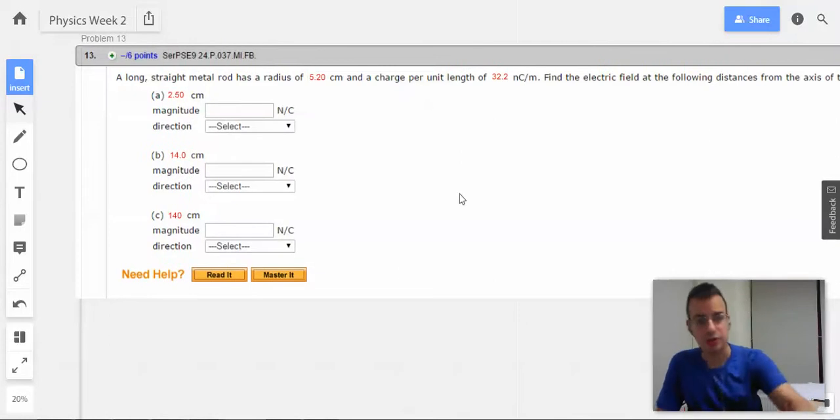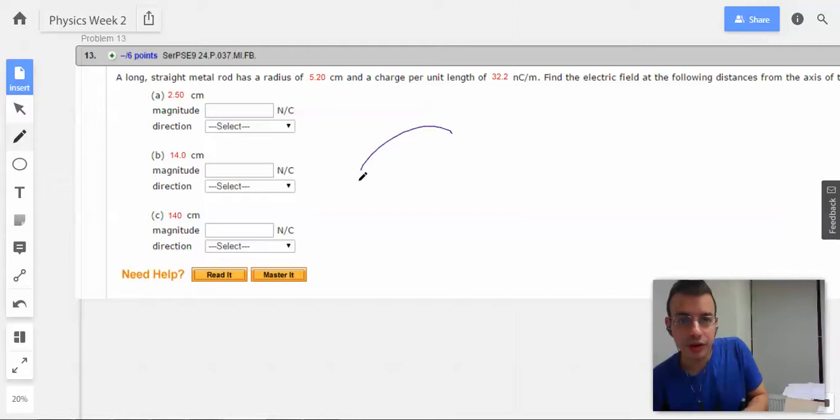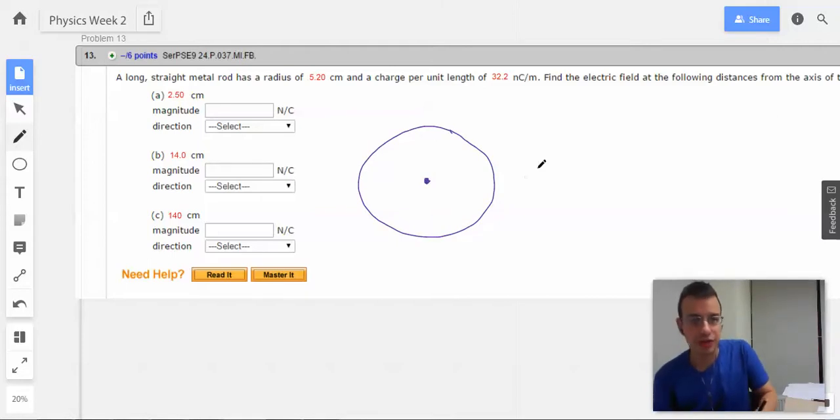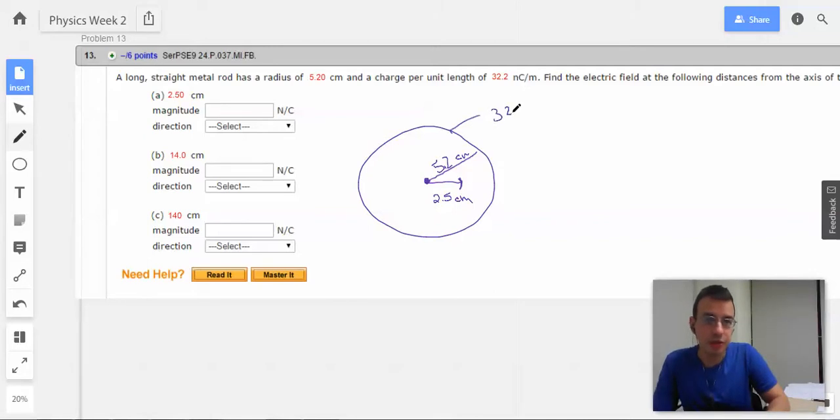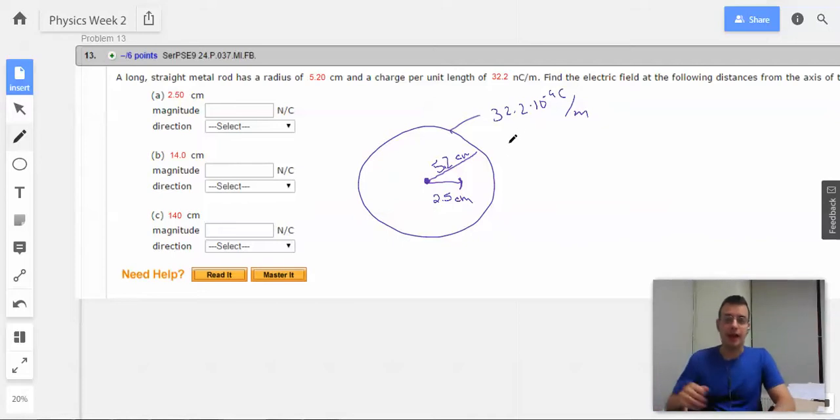All right, let's draw a picture. The first picture I'm going to do is like a frontal view of it. So this is the electric rod and it goes back this direction. They say that the radius is 5.2 centimeters, and they want us to know what's the electric field at 5.2 centimeters. Well, there's a total charge of 32.2 times 10 to the negative 9th coulombs per meter on the